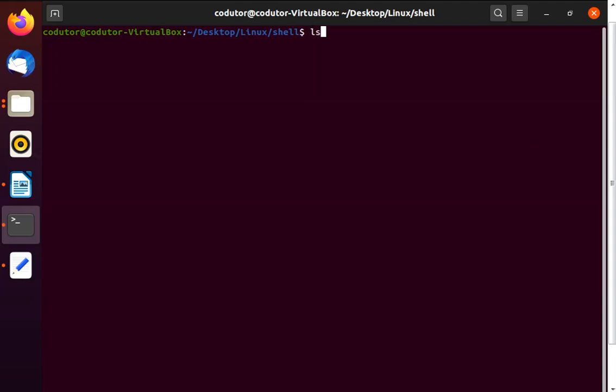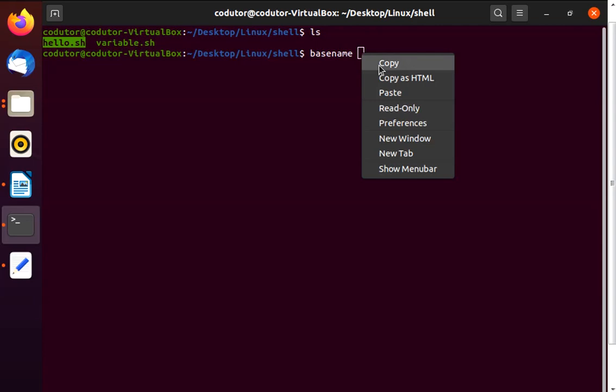Let's say I'm currently working in the shell directory, and I have a file hello.sh in this directory. I will provide the path to this hello.sh as the argument to the basename command. Let's say basename, and the absolute path to this hello.sh file.